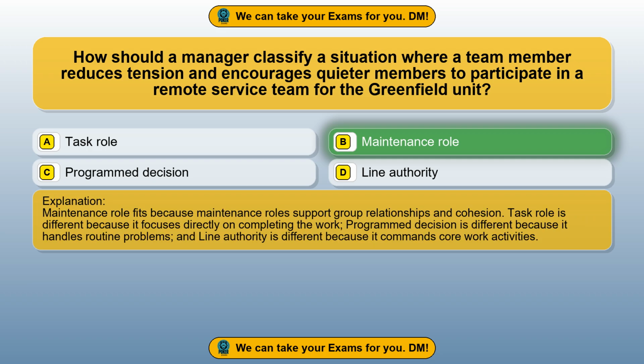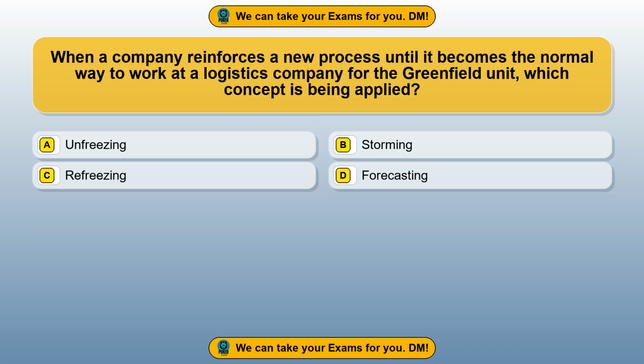Maintenance role fits because maintenance roles support group relationships and cohesion. Task role is different because it focuses directly on completing the work. Program decision is different because it handles routine problems, and line authority is different because it commands core work activities. Question 55. When a company reinforces a new process until it becomes the normal way to work at a logistics